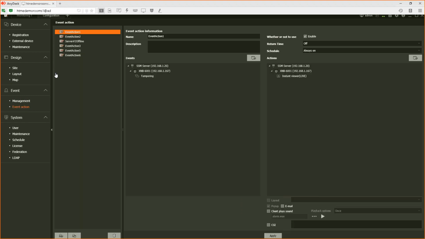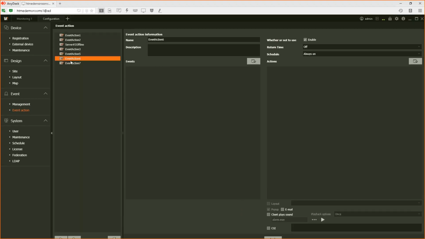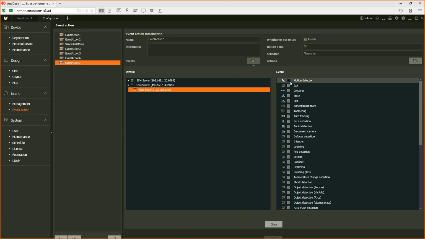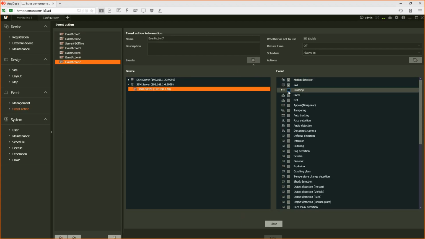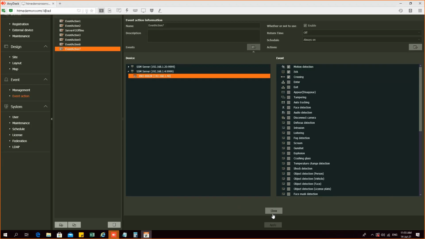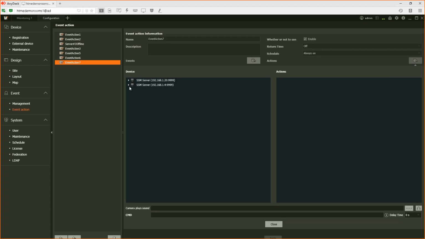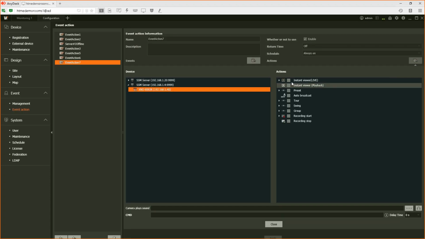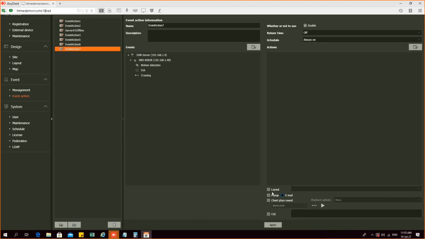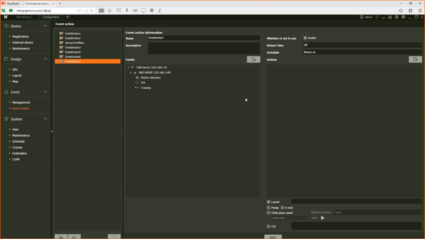You can create an action, action one. Let's say motion or analytics, or someone crossed the line, or it could be anything, camera disconnected. If a particular event happens, what action should take place? You can say I need a pop-up, or a playback, or go to a preset, start the recording, stop recording, or change the monitor layout, or send an email, or play a sound, or send a script. So all these functions you can do through SSM.